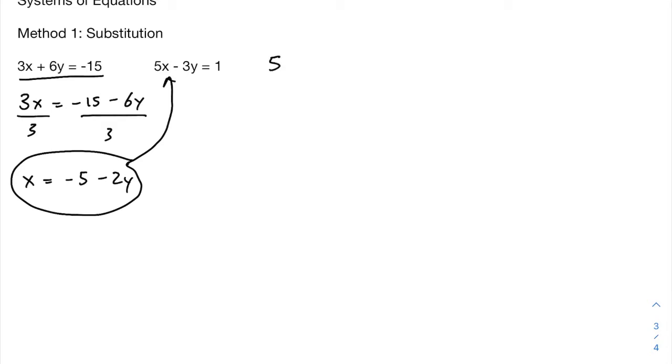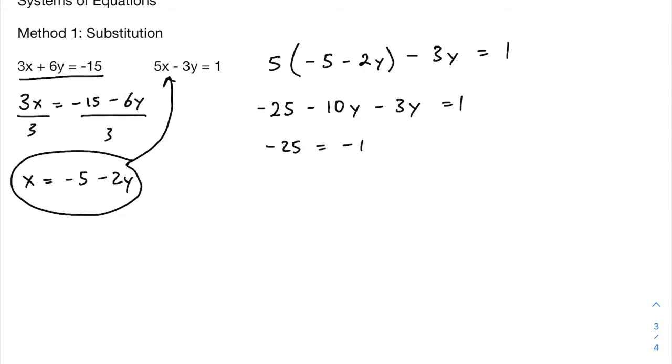So this is going to be 5 times (negative 5 minus 2y) minus 3y equals 1. So just be careful when you're multiplying out to keep your negatives straight. So this could be negative 25, negative 10y minus 3y equals 1. Combine our like terms. So negative 25 minus 13y equals 1. Add our 25 to both sides, so I get that negative 13y equals 26,